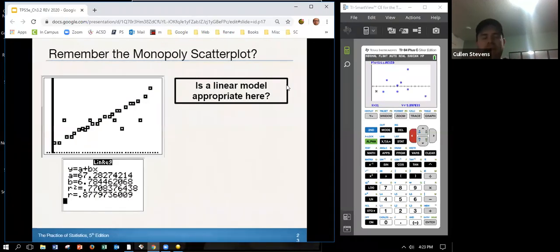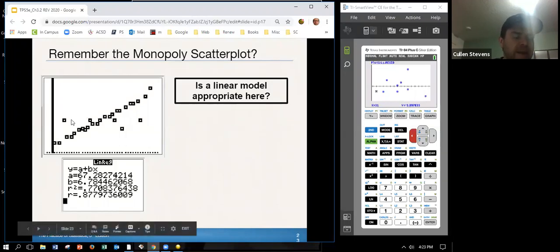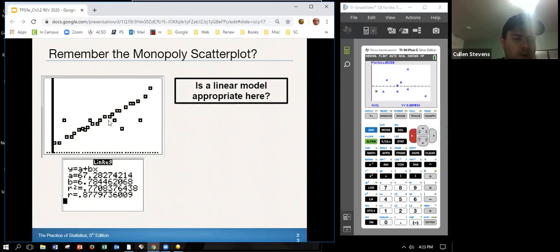Way back when, I can't remember if we have done this yet, but this is our Monopoly scatter plot. It's a scatter plot of how many spots you are around a Monopoly board, and then what the value is. So we have some outliers here. It doesn't matter where you are on the board, the railroads 1, 2, 3, 4 are always the same price. So we see that here. And then we also have the